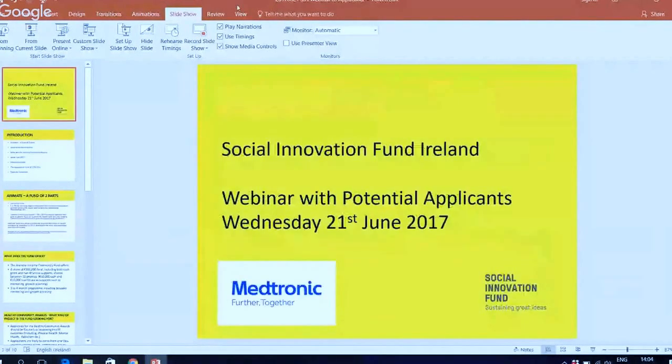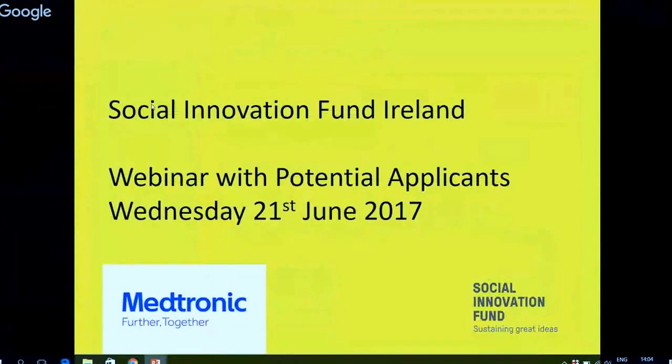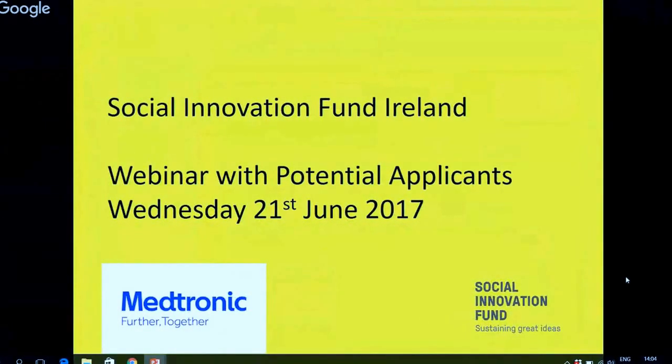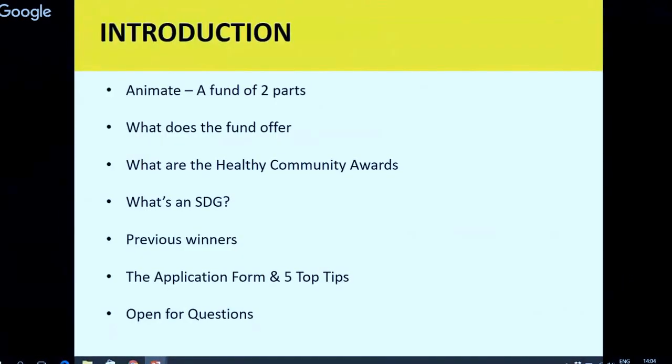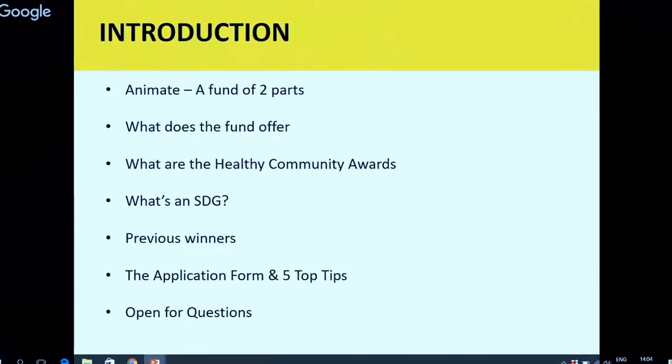So what I might do at this point is just do a quick format of what we're going to cover. As I mentioned, Aisling is the expert, so she's going to talk to a lot of what the fund offers. The fund is obviously split between 2 awards, one of which is 20,000 and is an early stage innovation, and 10 of which are centered around what we call Healthy Community Awards. So Aisling's going to talk a bit more about that. What's an SDG, Sustainable Development Goal? Aisling is going to tell you everything you need to know, so you are crystal clear about how this interfaces